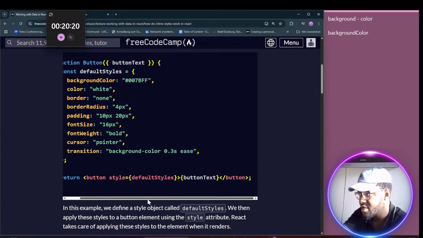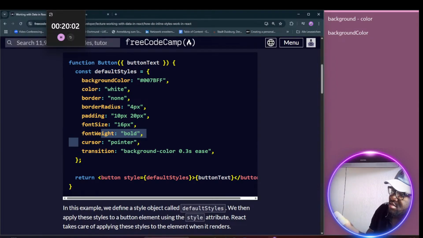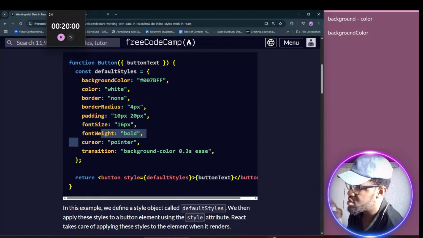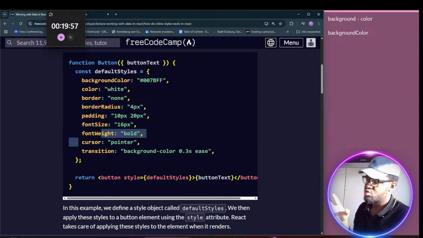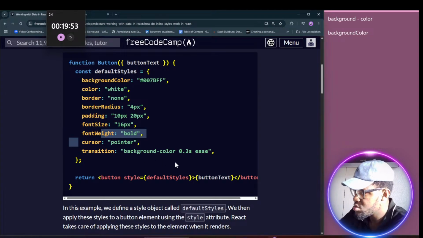So basically here he defined the button with background color, font color white, border none, border radius, padding, font size, font weight, cursor, and transition. So transition, I think, means he wants the background color to take 0.3 seconds to transition. So that's it. And inside this